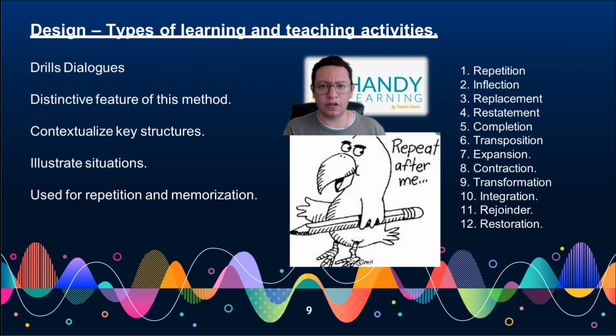Finally, the last drill is called restoration, which is basically having students finding and correcting mistakes in sentences. If we, for example, write something that says we are using the equipments for hiking, students should be able to understand that equipments is not the right form of the word, and they should go for the correction of it, which is just equipment. So all of these techniques belong to the audiolingual method.